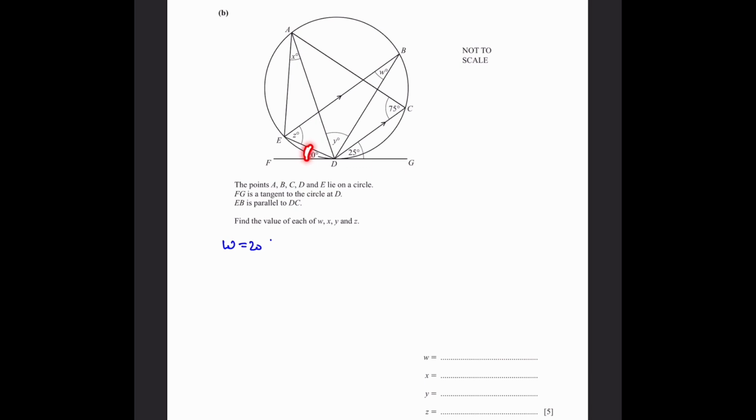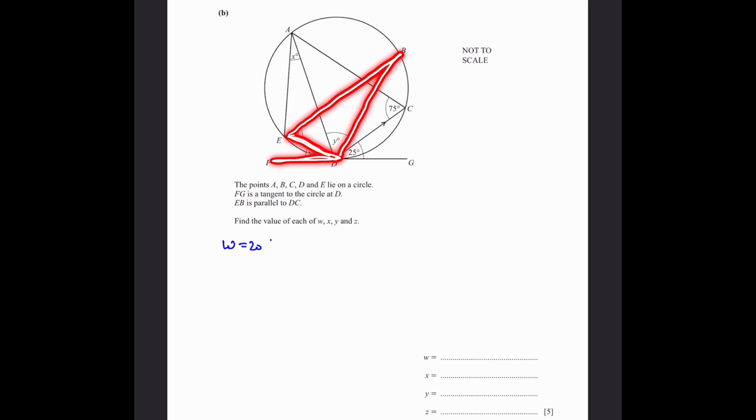This angle is between a tangent and a chord on the circle, and we know that this chord splits the circle into 2 segments. This tiny one here and the huge one over here, which is almost the whole thing of the circle. So the tiny one is the minor segment and the larger one is the major segment. So the angle between this chord and this tangent here is the same as the angle in the alternate segment,